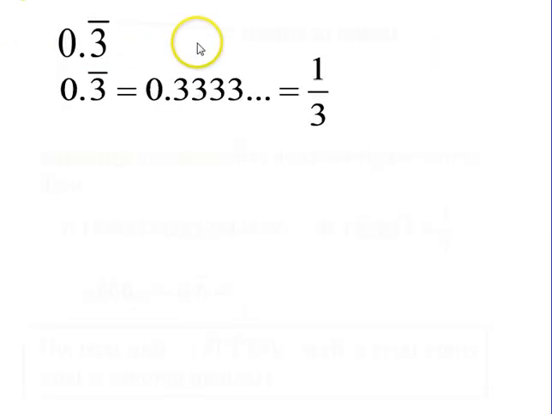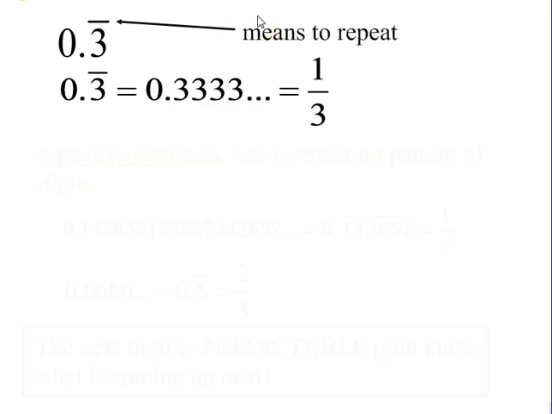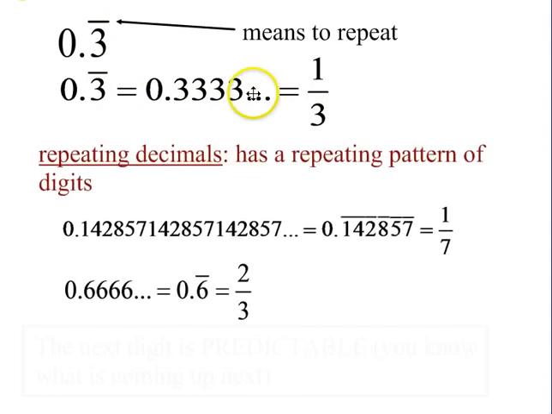Let's take a look at a different type. 0.3 with a bar on top. If you don't know what that bar is, it just means to repeat. So that just means 0.3333. It just goes on and on and on. Those are considered repeating decimals. If I can tell what's coming up next, I can predict it, and therefore it's a